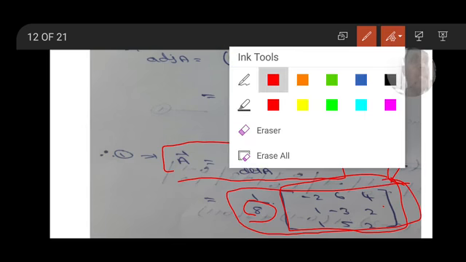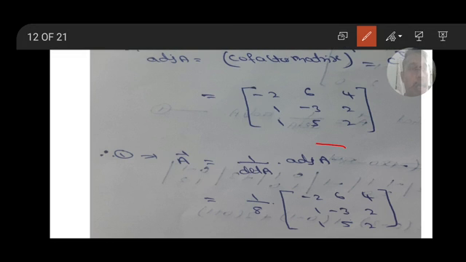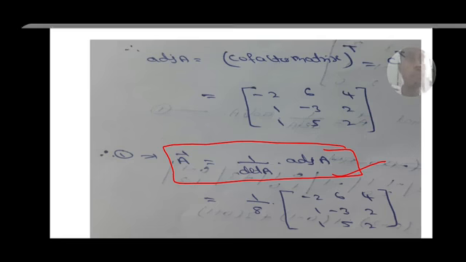Okay. In this, it is very simple, we only have to find the determinant of A and adjoint of A and substitute in the formula. We need to find det A and adjoint A and substitute in the formula. Already how to calculate determinant and adjoint A we discussed in the previous class. Okay. Next,